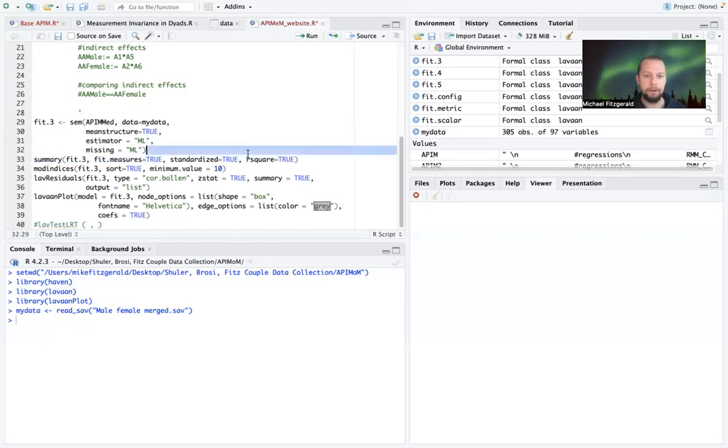And then we have our summary where we are going to request standardized output as well as our R-squared because we want to know how much variance is being accounted for by our model. And we want our estimates unstandardized, but also in standard deviation units because that is a more meaningful metric. A lot of the times our scales, especially in the social sciences, don't hold a whole lot of intrinsic value. So we want those standardized estimates. In this model, it won't be all that important, but